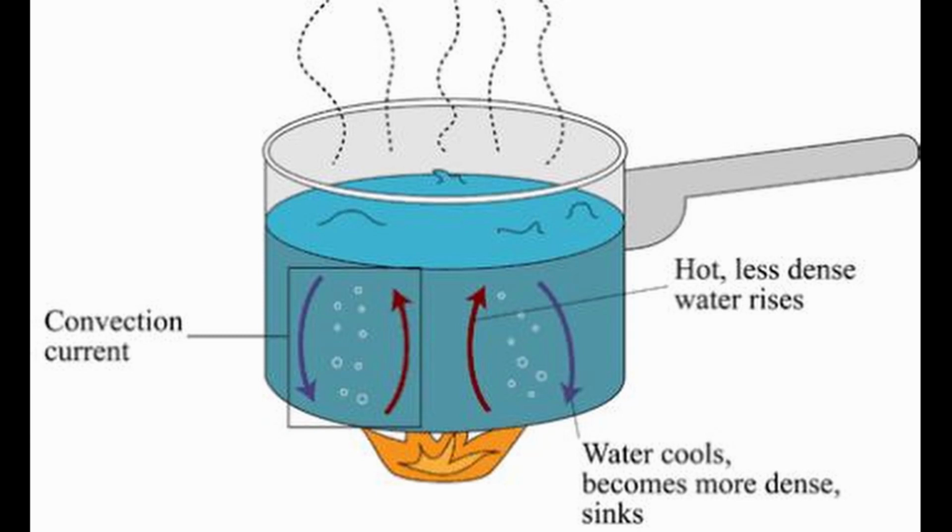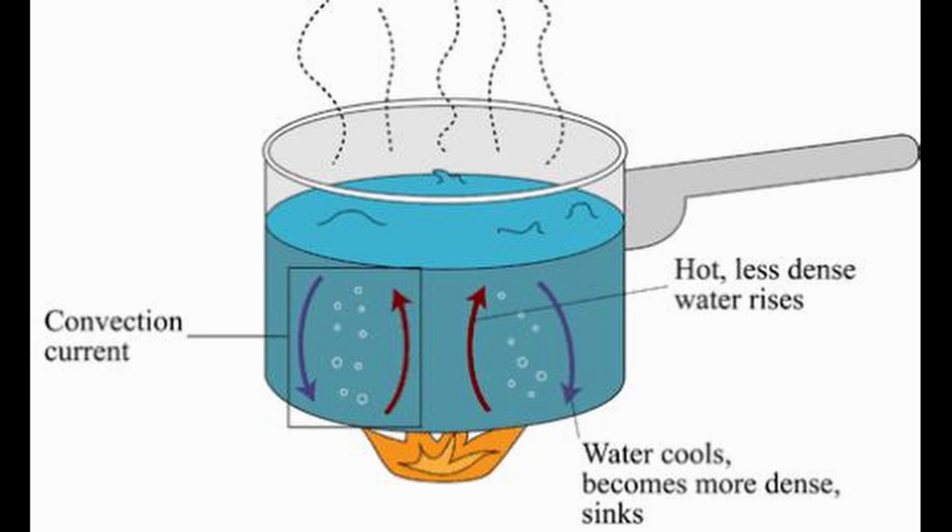Next is consequences of change in density of liquid with temperature. I have taught you in class 7th also about the convection currents in water. There is change in the density of liquids when the temperature rises. We have already read, as you may remember, that warm water has less density, whereas cold water has more density. Because warm water has less density, warm water will rise up, and cold water has more density, so cold water will sink.